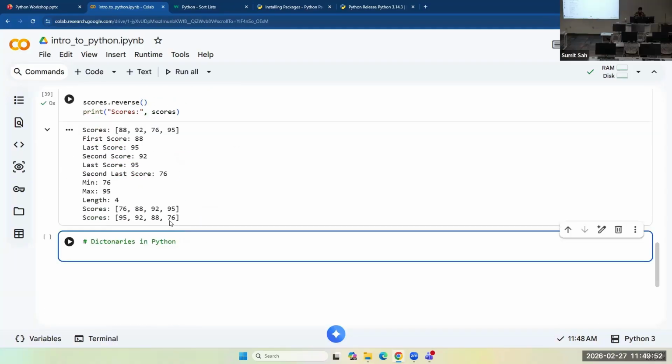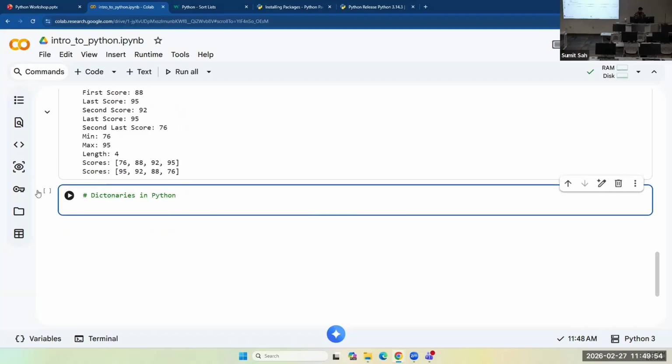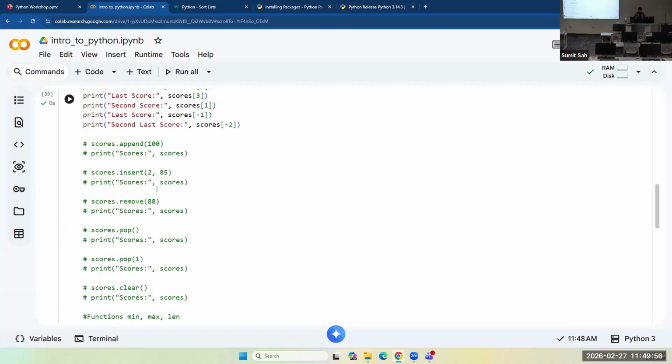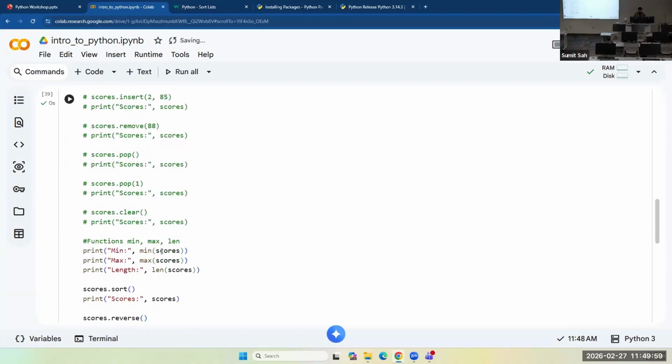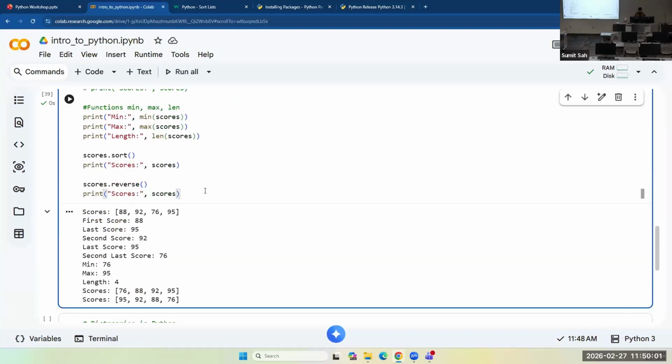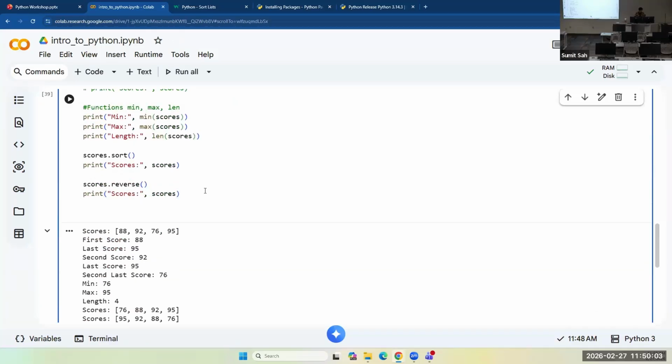So before talking about dictionaries, I forgot to mention tuples. Tuples are also like lists. Everything is the same, but they are immutable.